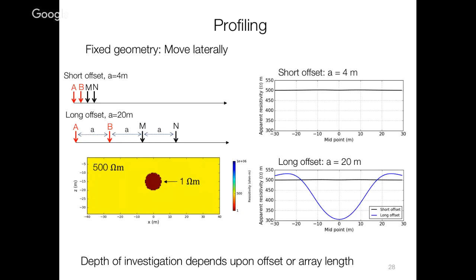The short offset, remember? Currents that are going like this, they don't go deep. So imagine that we do this with current electrodes close together. What we're going to see is this stuff right up here, 500 ohm meters. I don't see any anomaly here. With that really close offset, you don't see anything. However, bigger,